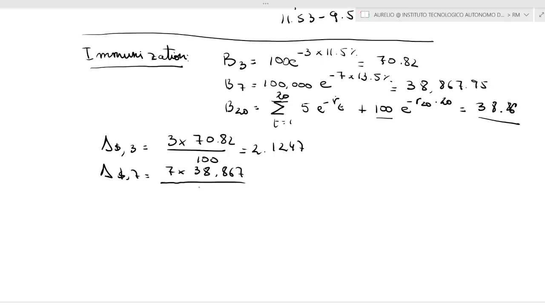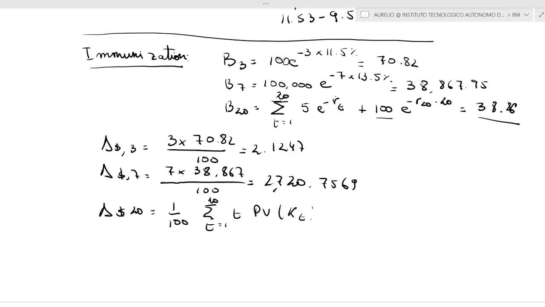So you should use all the digits available, and we get 2720.7569. And then the delta dollar of the 20-year bond is going to be equal to 1 over 100 times the summation from t equals 1 up to 20 of t times the PV of each one of your cash flows, and you're going to find that this is equal to